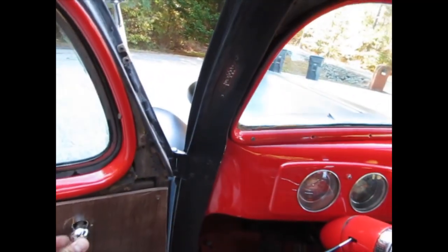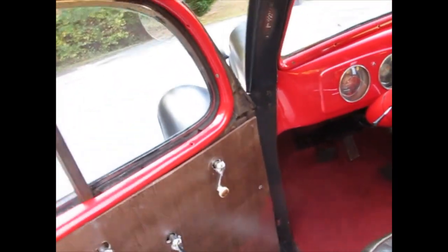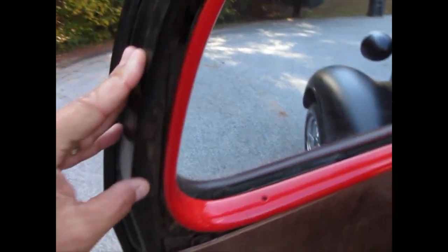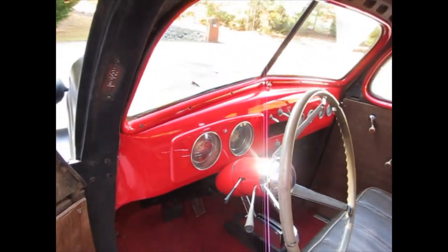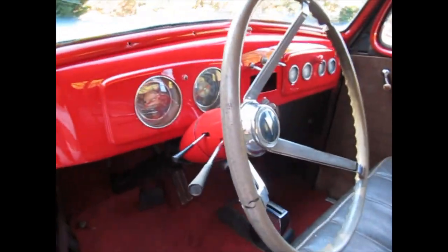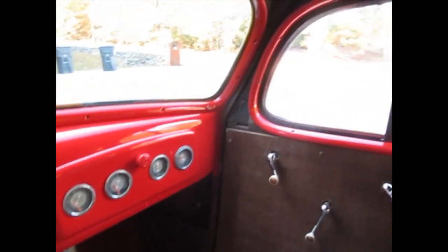Little window crank there came off when I slammed the door. It does have those original window cranks. They may be repops. A lot of people don't know this, but 1936 and older vehicles have a wooden frame. This is the original wooden frame that's in good shape around the door. The interior's just been recently repainted. The dash actually had a cool patina to it before, but